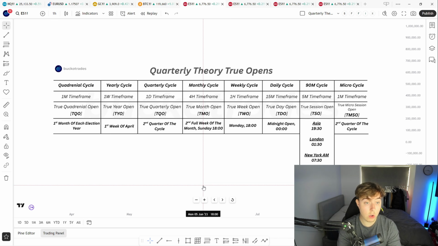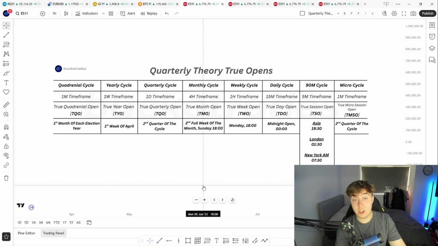Now the weekly cycle, viewed on the 1-hour time frame, is known as the true week open, the TWO, and this is at Monday 1800. But don't get confused, this isn't Monday's open, this is Tuesday's open. A lot of people get that confused because they see the Monday. Remember, every single daily candle opens up technically within the previous day, because that's when the Asia session is, right? So